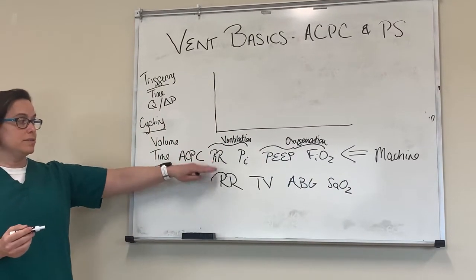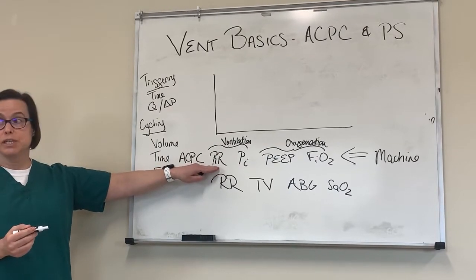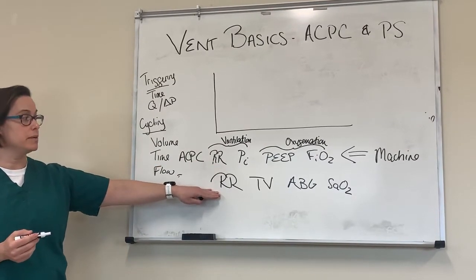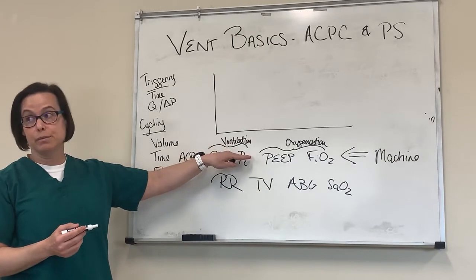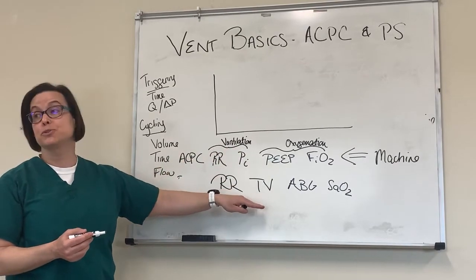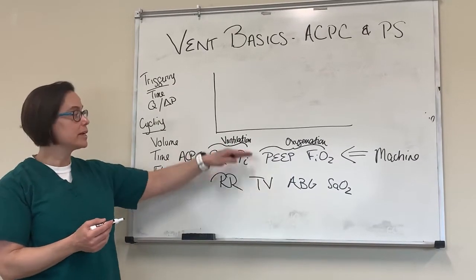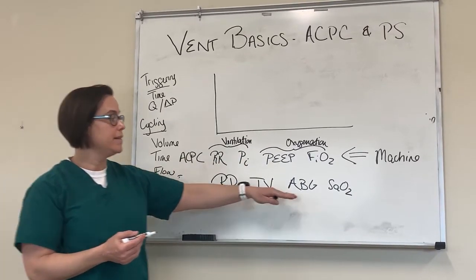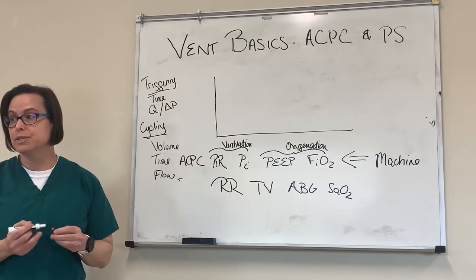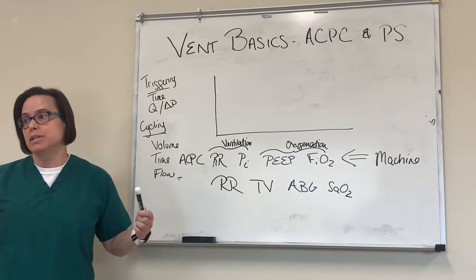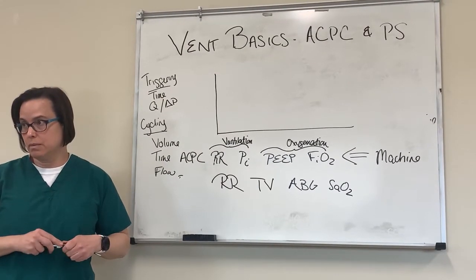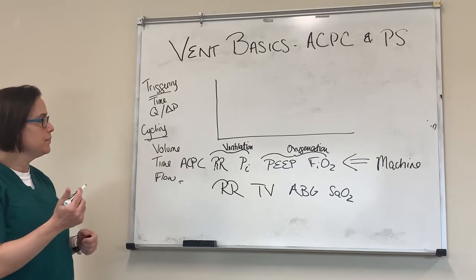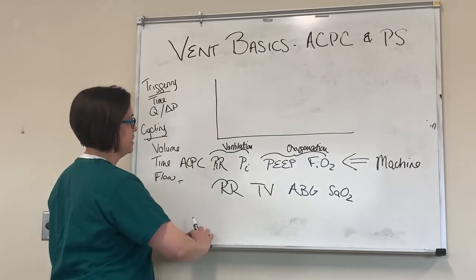So same as before, the respiratory rate the machine is doing, respiratory rate the patient is doing. Before, we set a volume, and then we looked at what pressures were generated by it. Now we're gonna set a pressure and look what tidal volumes are generated by it. And then if we know our gas and our SaO2, we know exactly how our patient is doing on those settings, okay? So for example, if I have a patient that's on ACPC